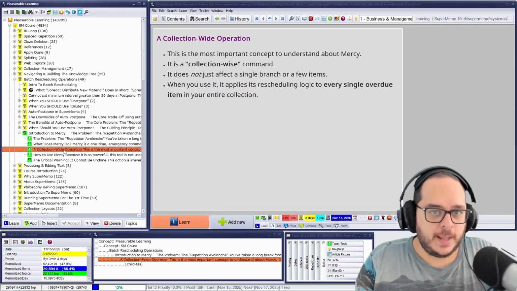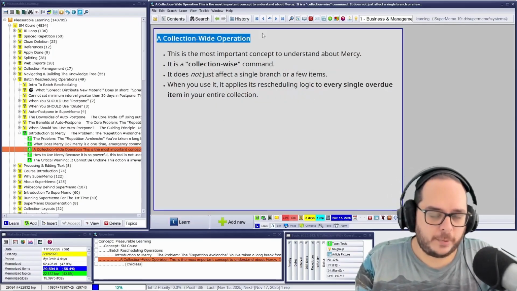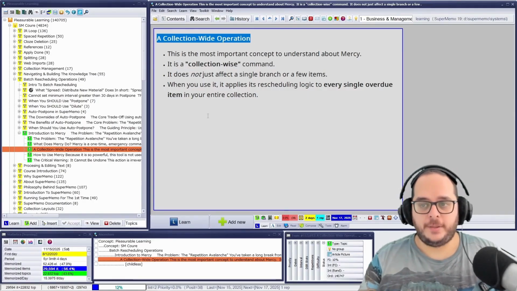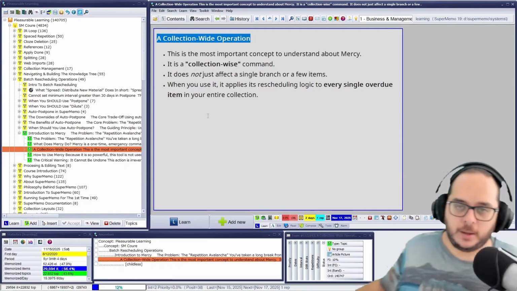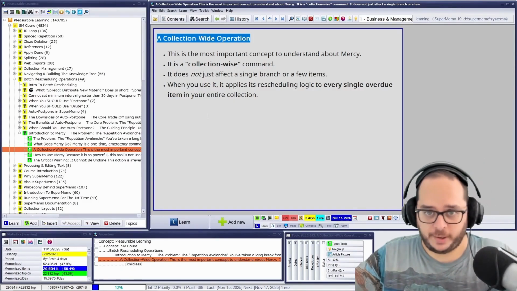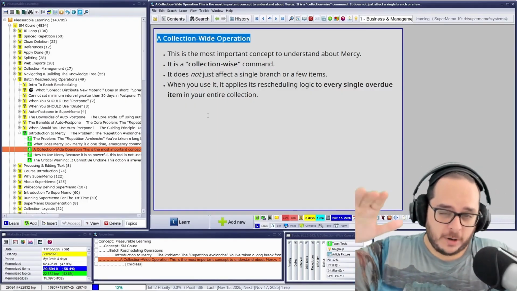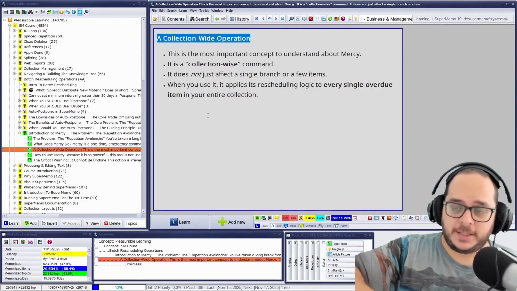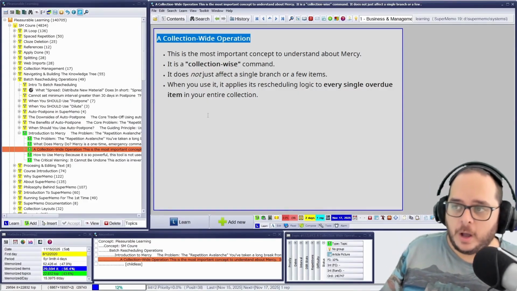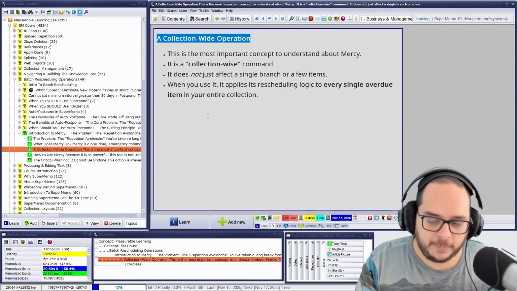Nice. More importantly, this mercy is a collection-wide operation. Postponing, as we have seen, is thought to be a subset or the entire collection, but with criteria. So even though the scope is collection-wide, the criteria make it a subset. If it's that priority or it's this interval, it's skipped, and so on.